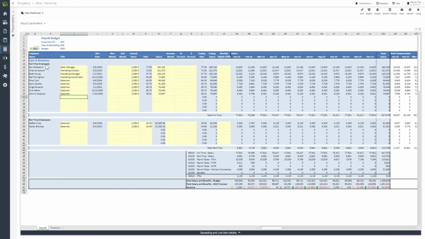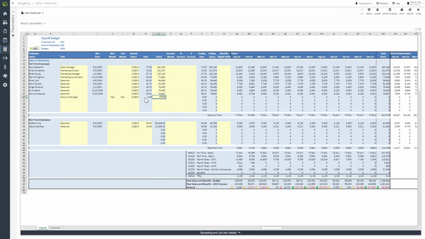Okay, so here I can see my full-time employees, I have my part-time employees, and I have a number of fields or measures here that I need to start entering data in for, the yellow cells. And over here on the right-hand side, I've got some information populating as well. So I'm going to add a new salesperson. I'm going to add a new account manager, and I'm going to start populating this budget form. The hire month for this new account manager for next financial year is going to be March, and their end month in terms of the budgeting end month will be December. They will be a full-time employee, therefore their annual hours will be the same as the rest, and their salary